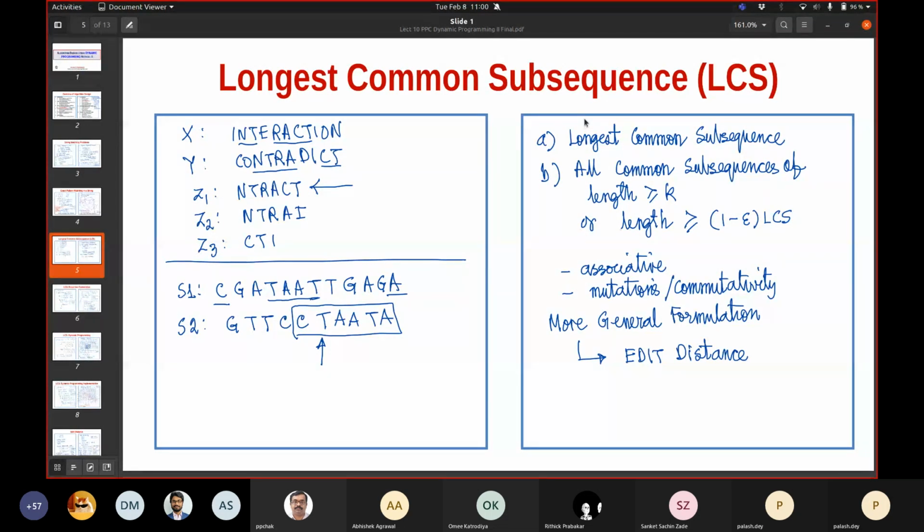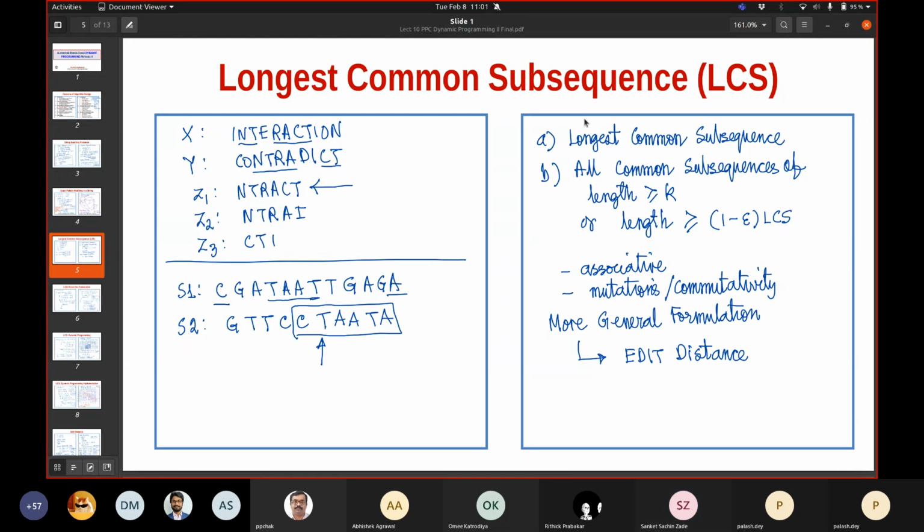Now we come to the next problem, which is the longest common subsequence problem. As I had discussed in the previous few sessions, here we are not interested in an exact match. Rather, we are interested in a match where the sequences match, but some of the intermediate elements need not match. Therefore, we will now move on to a newer concept. If you see the examples that we did, where we had interaction and contradict, there were three places of maximal matches: